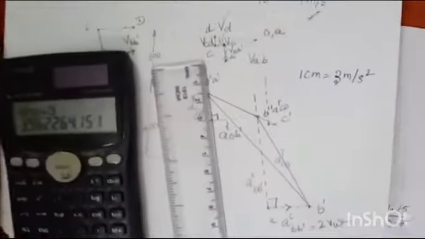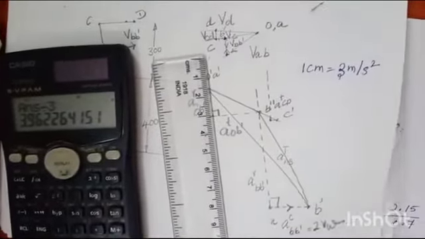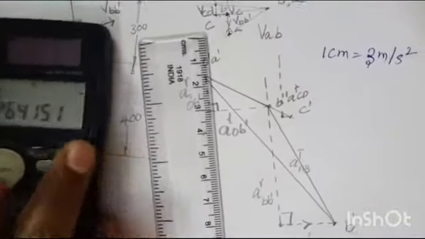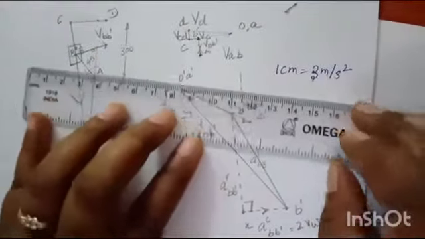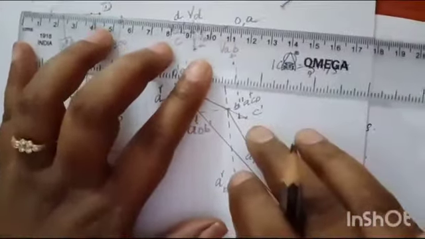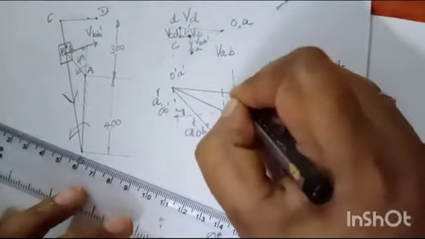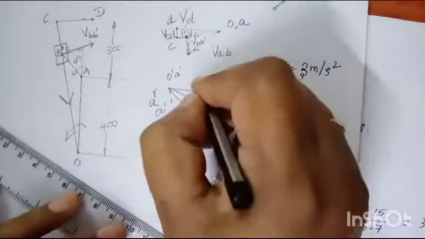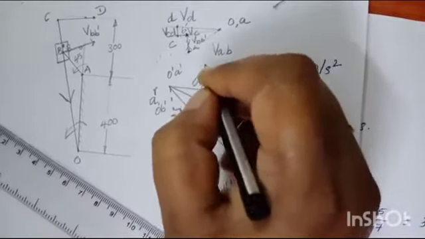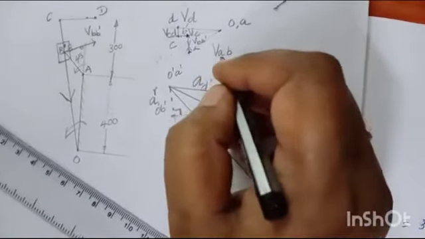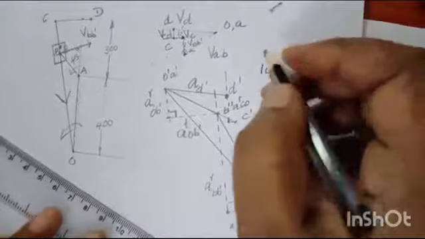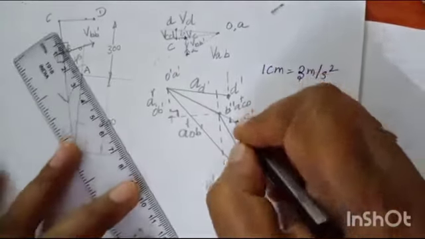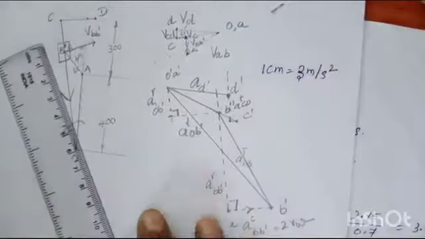Now coming to the acceleration of the slider D, the acceleration of the slider D always exists in the same direction. So simply draw a slider D parallel line for this. This is your acceleration of D point. This point is nothing but D dash. So this is your acceleration of D dash, because the slider has only the tangential acceleration. So this is the complete acceleration diagram for this particular configuration given in the question.